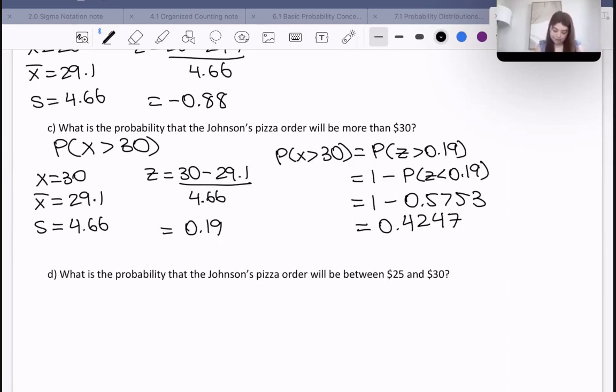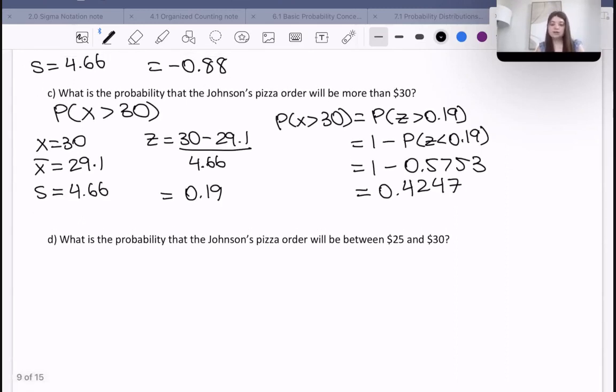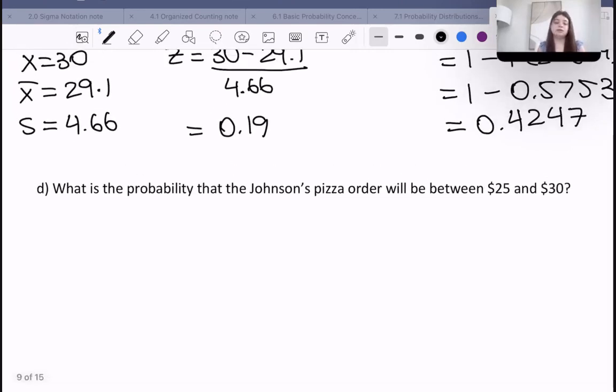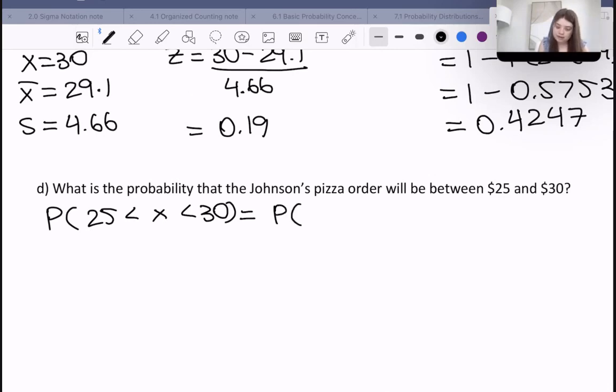Okay. The next question asks, what is the probability the Johnson's pizza order will be between $25 and $30? So this one, actually, I don't think we have to use the Z-score table again. I think we've already done what we need to do. We just need to think about this one and answer it. So the probability that the pizza order is between $25 and $30 is equal to the probability that the Z-score is between negative 0.88 and 0.19, right? Because we already found those values earlier,